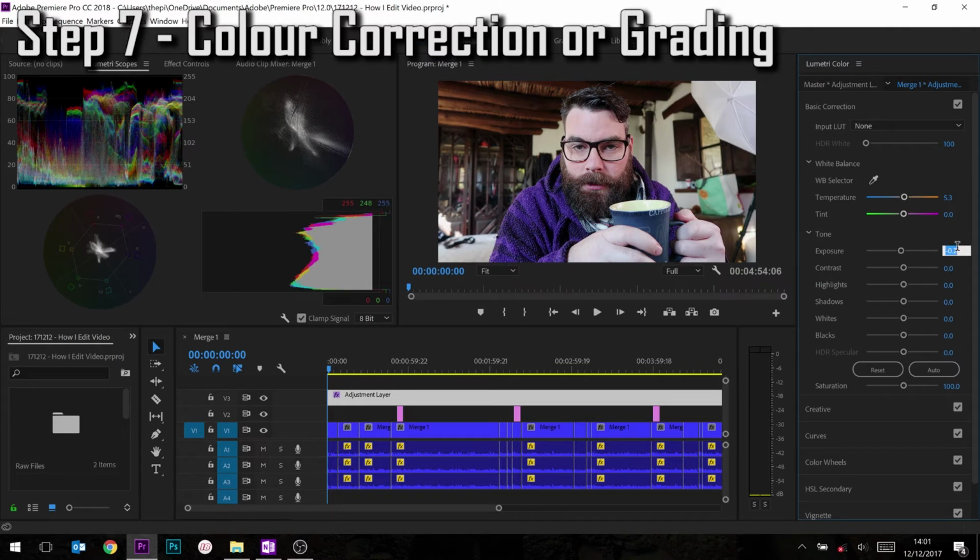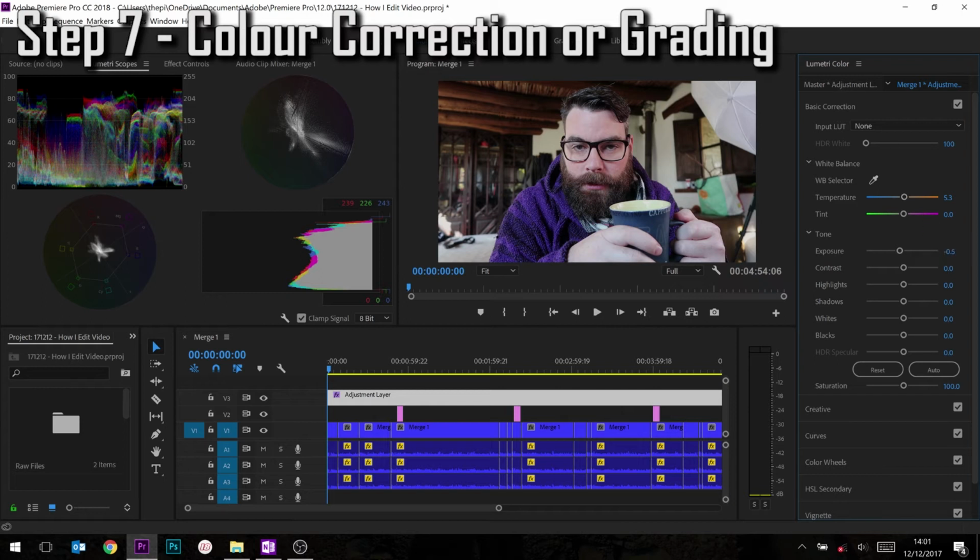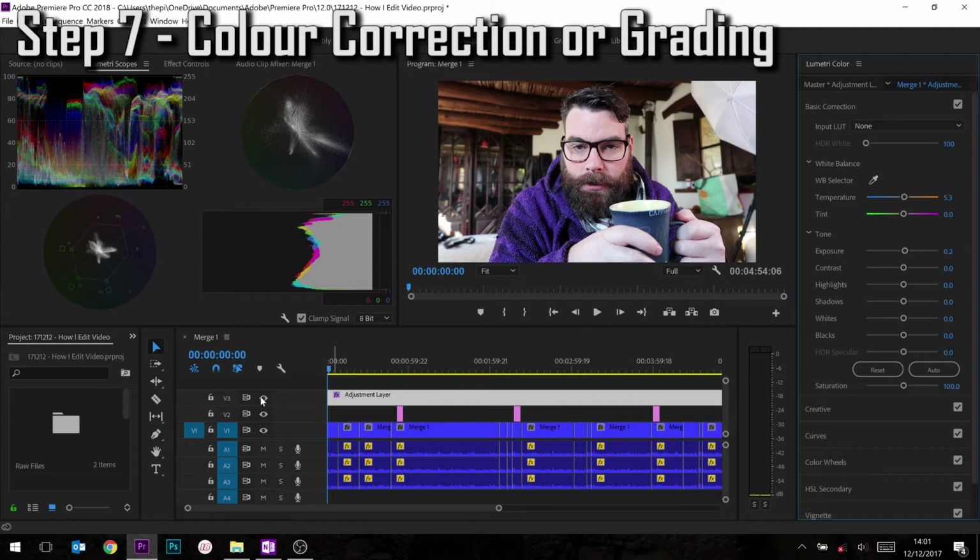Let's have a look at that as 0 again. So yeah, I think that could do with being brought down a little bit, the exposure. Sorry, down. Not quite that much. Let's see. Now the good thing with doing it as an adjustment layer is you can just get rid of it straight away. See how I'm toggling my effects on and off. So let's go just down a fraction more with the exposure. Up with the contrast a little bit, up to 5. Toggle that on and off,